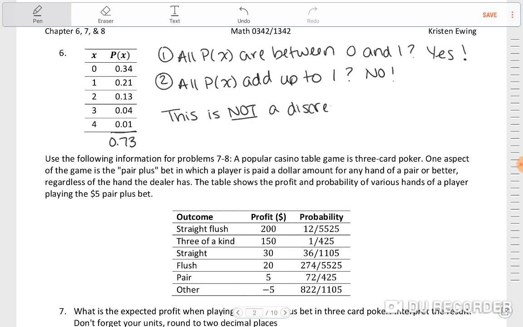So, you don't have to write this whole sentence. You just circle yes or no. And